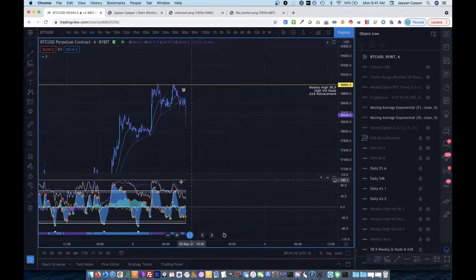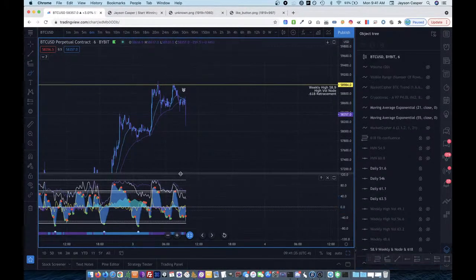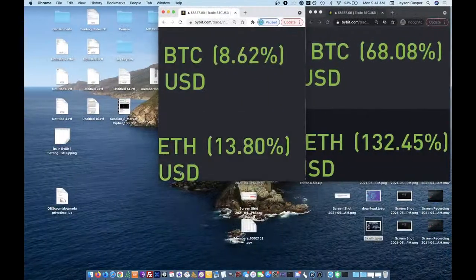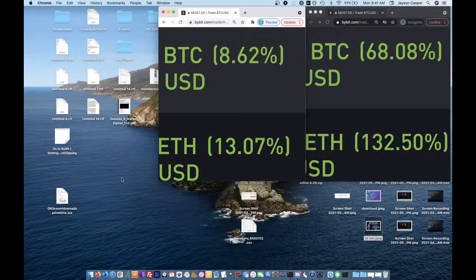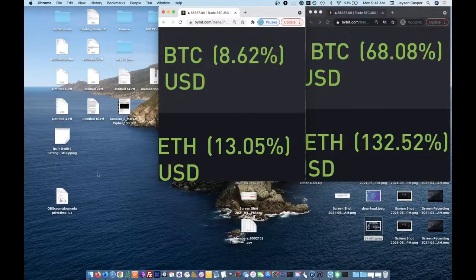Now that we're on the 6 minute, we can see even more clearly that as we're coming up to these highs, as we're coming up to this resistance, we're actually coming down on the money flow. As we're hitting the resistance, we're coming down on the money flow on the 6 minute. So that is why I'm currently short on Bitcoin right here, and I'm long on Bitcoin, right? Because I'm swing long. I've been long for a while, and I'm short now because